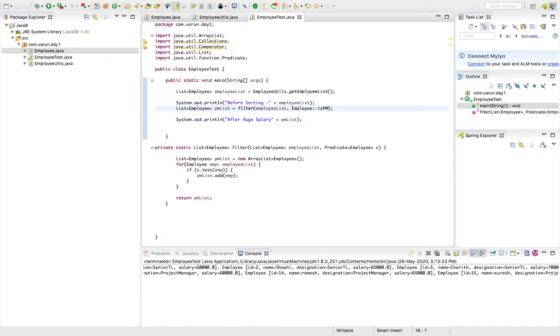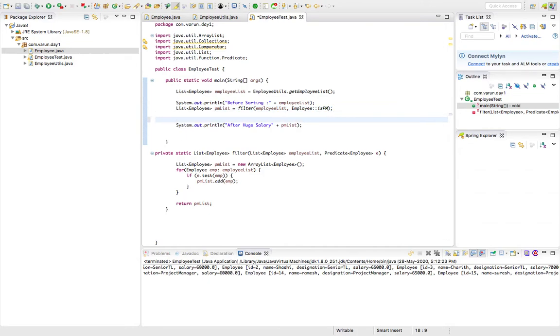Now if I want to get the highest paid list, what I am going to do, the same thing, just copy it. Highest paid list. So instead of isPM, just replace it with isHighestPaidEmployee. Here there is only one condition check, but to this check we are passing a predicate, and to this predicate we are passing using Employee double colon.